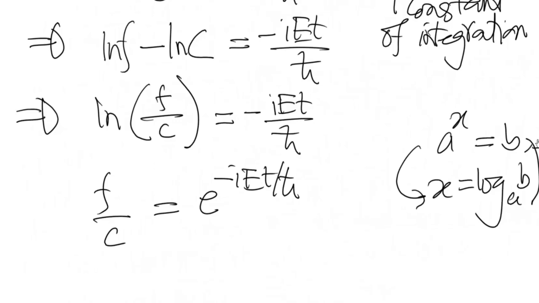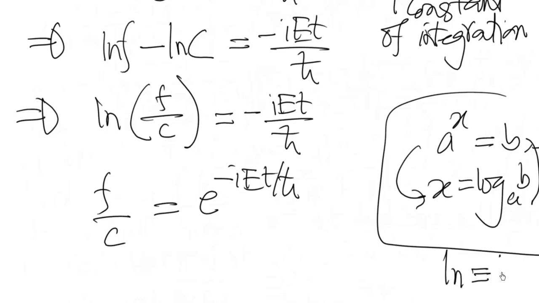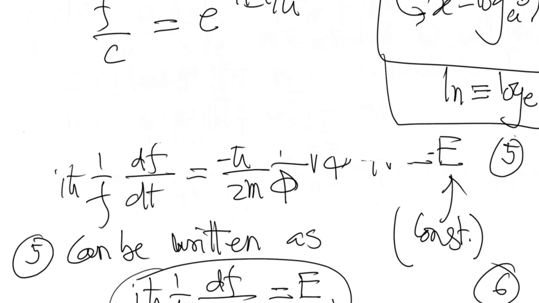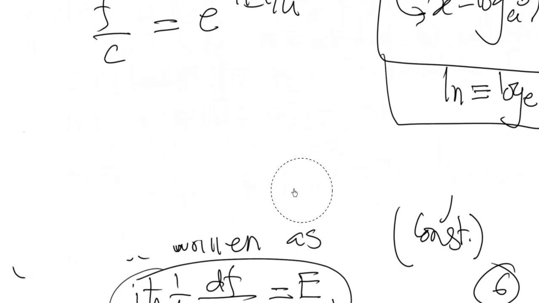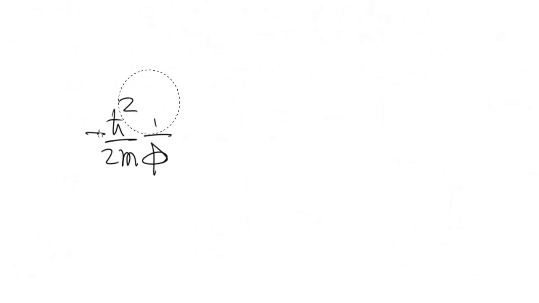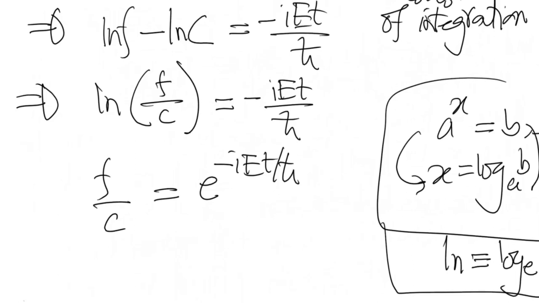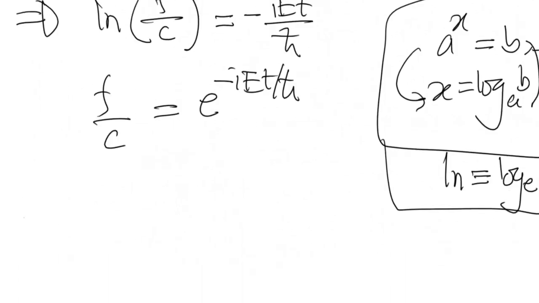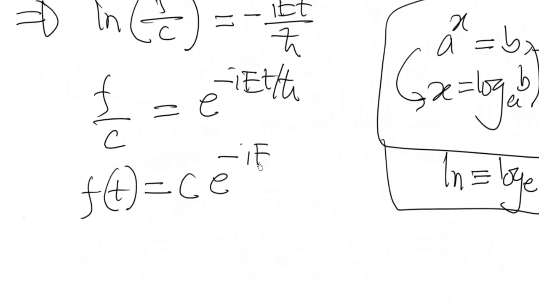Yeah, we know this because ln means logarithm base e. Okay, but f is a function of time, so f is c exponential minus iEt by h cut. Therefore, the general solution